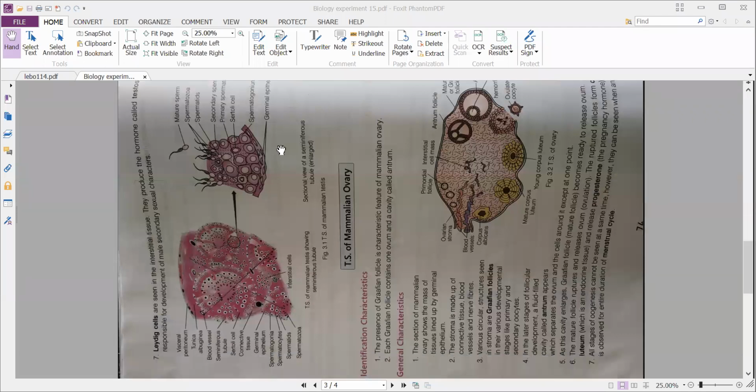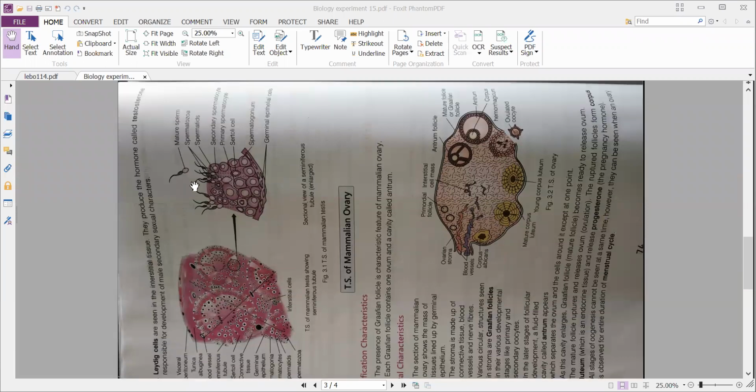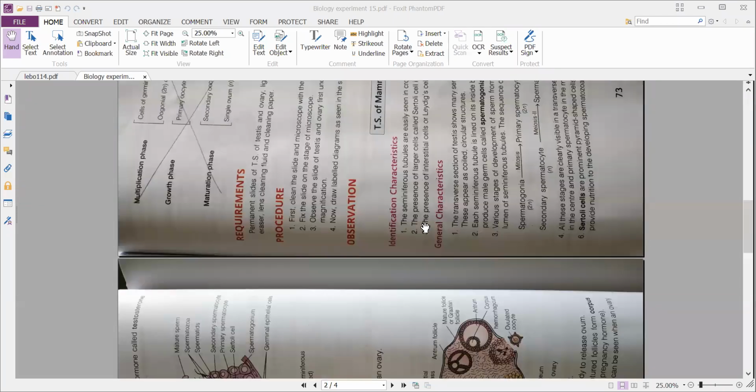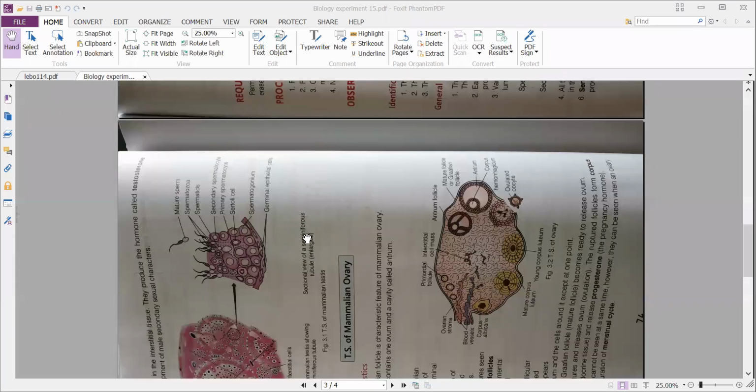There are two diagrams. The diagram on the left side, only that one you can draw, and the diagram has to be drawn on the left side of the record. Here only one diagram. Already you can see it was struck off, whichever is not required. Only the other diagram you have to draw. The diagram has to be drawn on the left side, whereas the observation, that is the identification characteristics and the general characteristics, you have to write on the